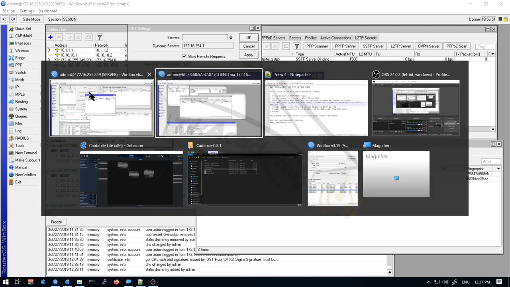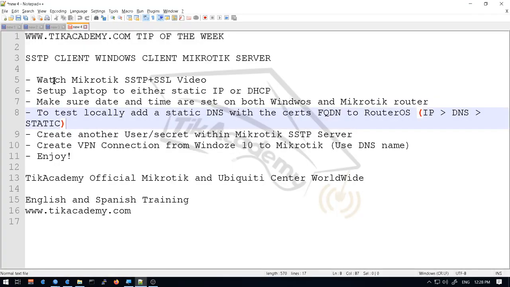So let's check our steps. MikroTik video: set up the laptop with static or dynamic IP. Well, this is a very basic step. I didn't set up DHCP on this particular router device, so I just used static IP and that did the trick. So make sure date and time are set up correctly. To test locally, add static DNS as I did for the fully qualified domain name so that it matches your